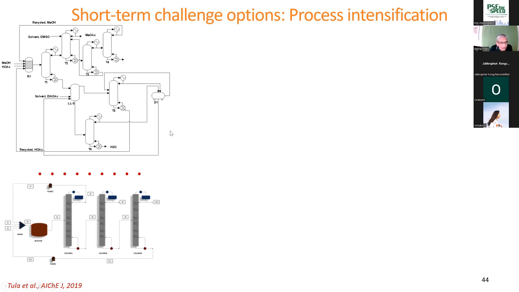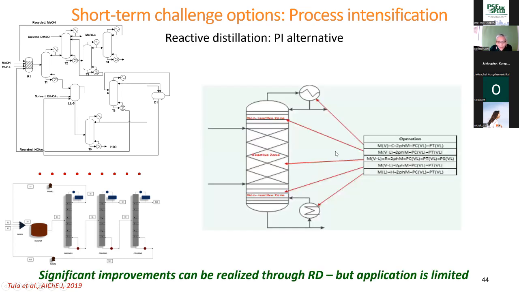So if we have situations like this, exothermic reaction, vapor liquid separations, it is possible to convert these flow sheets into one unit operation with reactive zone here, stages, non-reactive stages, condenser, reboiler. So the question of the design is, what should be the number of stages here, number of stages here, number of stages here? What should be the duty of the condenser, reboiler? So this unit operation can represent this or this.